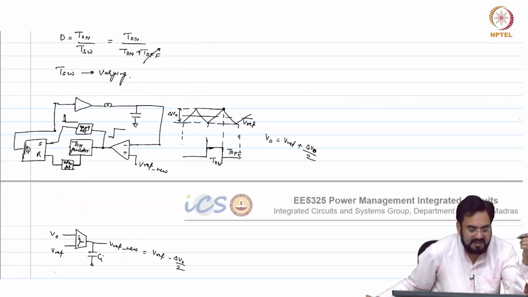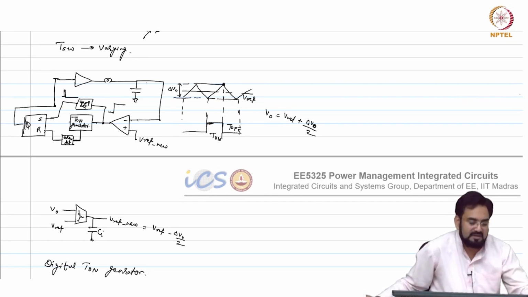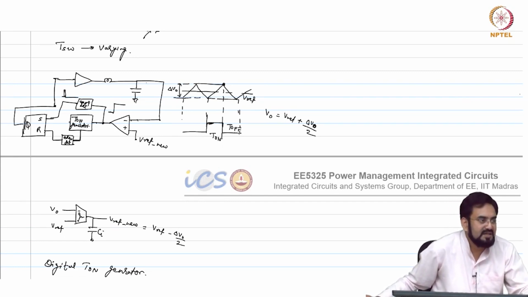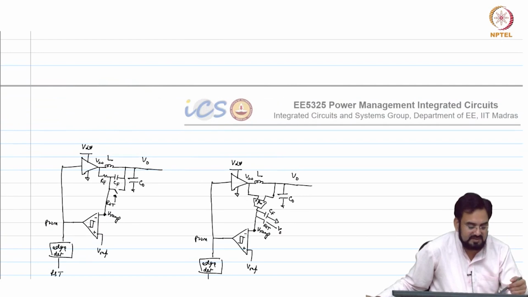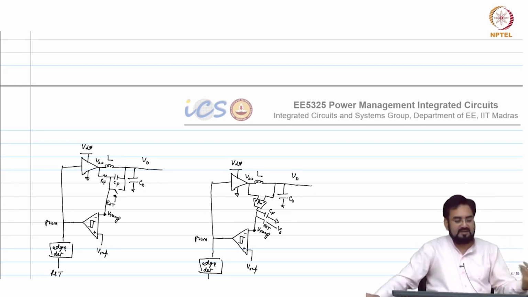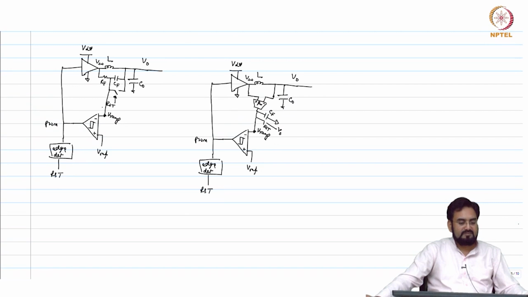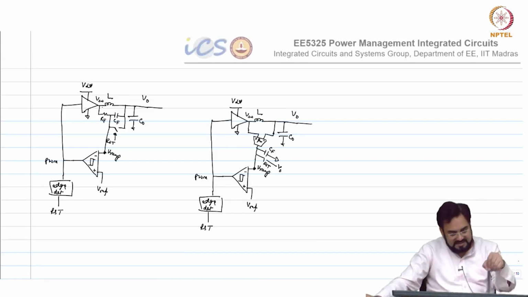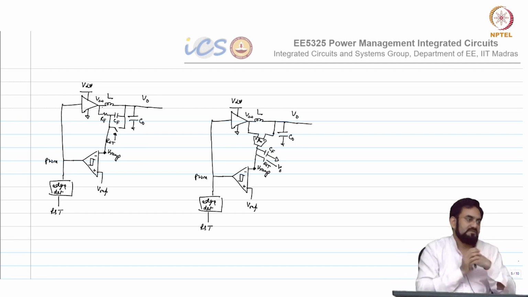Okay, then how to generate the ripple, you already know, the same concept will apply, because it will become unstable if you don't have a large ESR here. You will have the same problem, the phase lag and everything. So your ripple will be generated in the same way, using this RC component, but you are now only controlling the peak or valley, not the window like we are doing in the hysteretic comparator. So in terms of stability, the hysteretic is much better compared to constant on or constant off, because here we are limiting both.